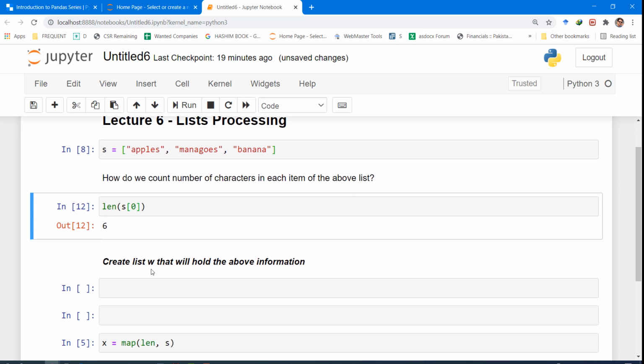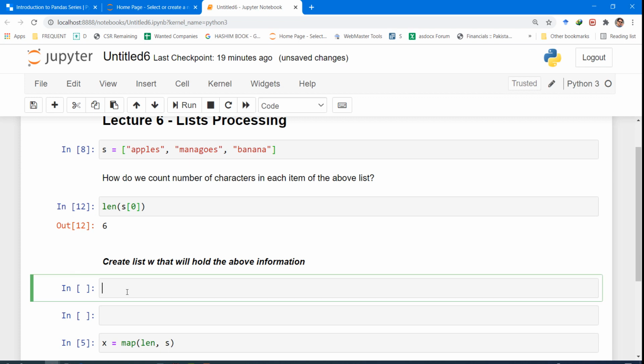Now, as a second question, create a list W that will hold the above information. Since this is a small list, we can create W and type the list notation, that is brackets, and we type the same command len, slicing the first element out of this list. This will create our first item.